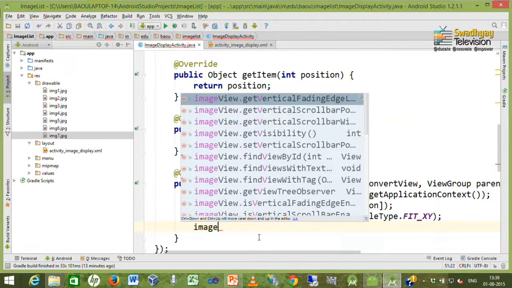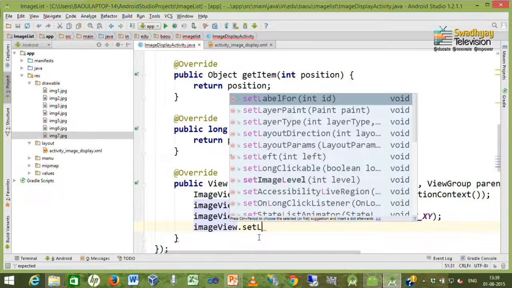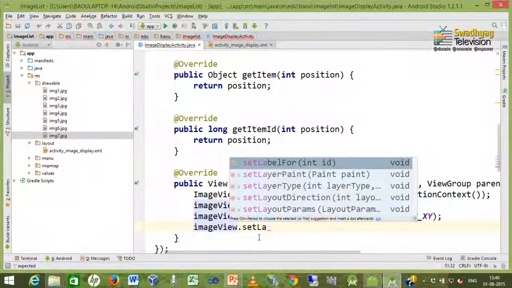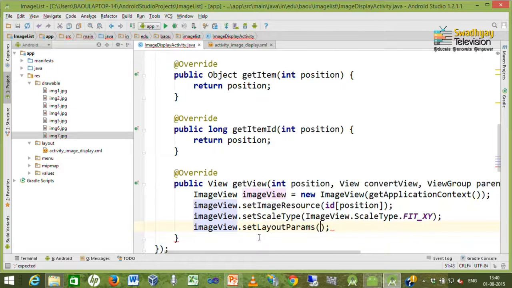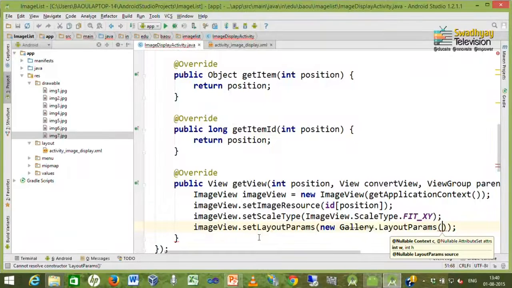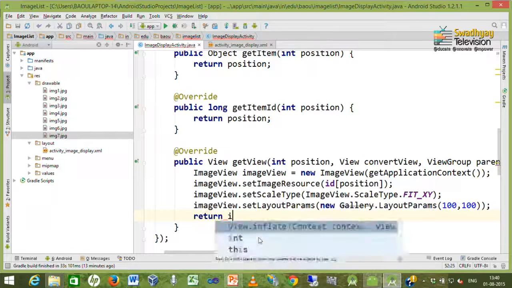So, I write imageView.setLayoutParams, and inside this we create an instance of Gallery.LayoutParams, and inside this we specify width and height for each item, and finally we return this image view.